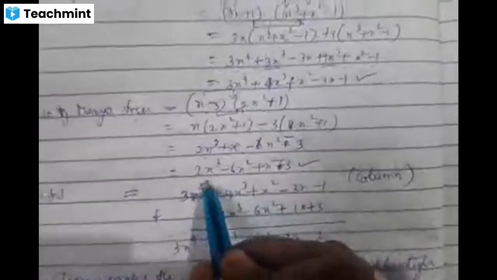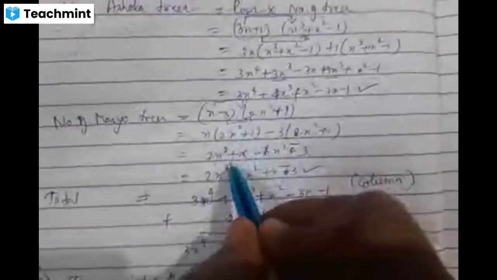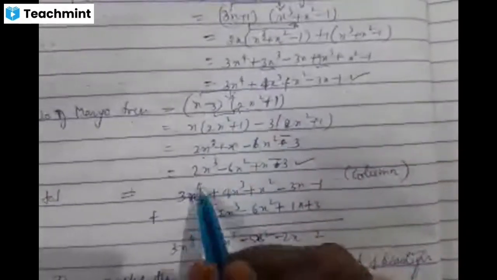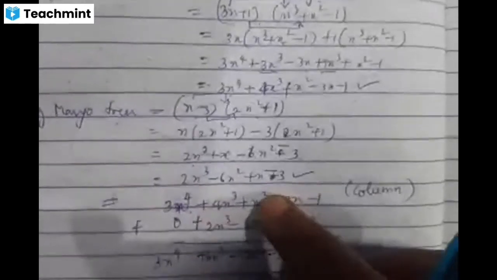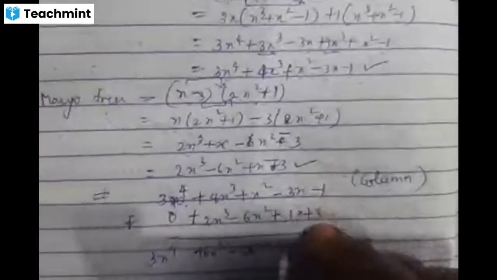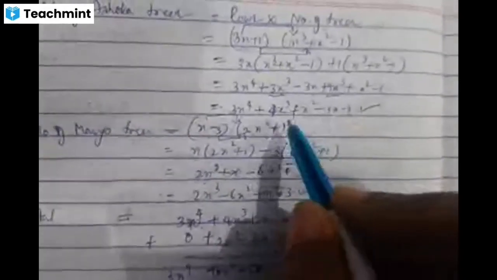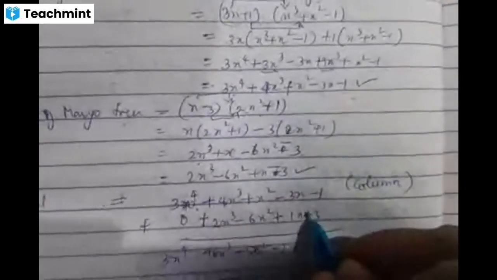So column method, what we do? We take this algebraic expression completely and write it here, and this algebraic expression I write below. But while writing below, we have to observe the powers, children. Here you have 4, here you have 3. The term which is having power 4 will be written separately. And next we will leave the space here, and then we will write the algebraic term which is having the power 3. Below 2 will have 2, 1, 1 constant will be written below. Here little change is there, children, that is minus 3.